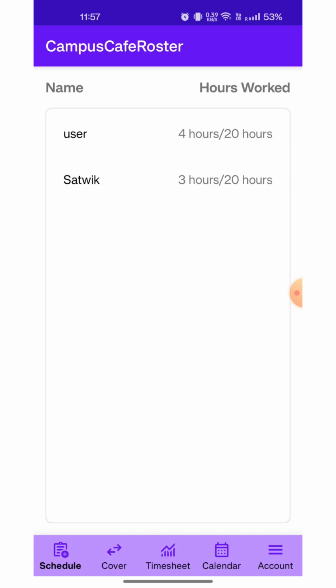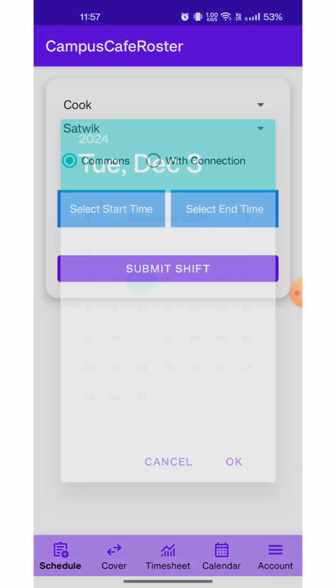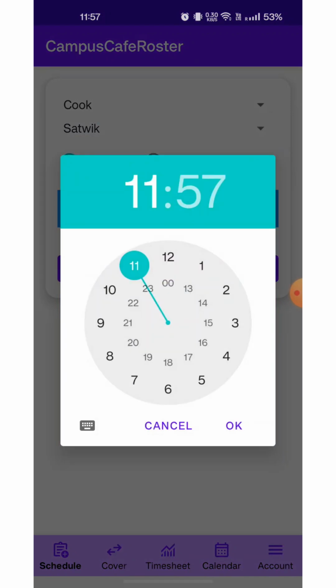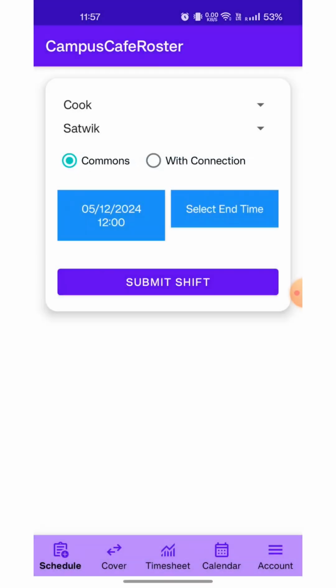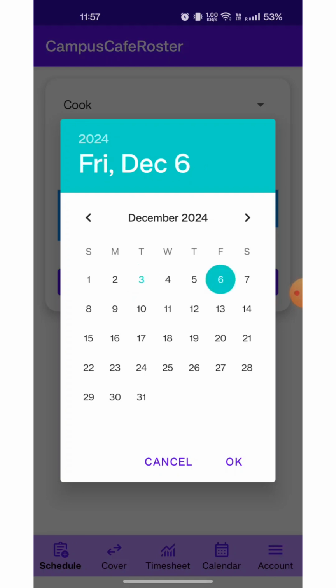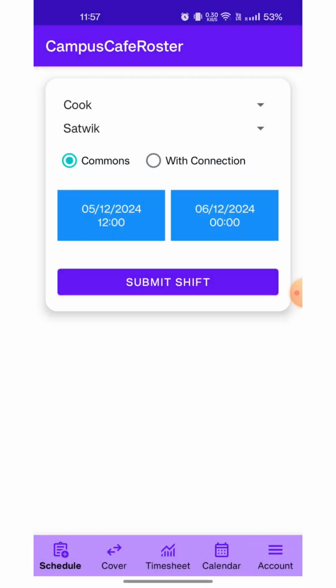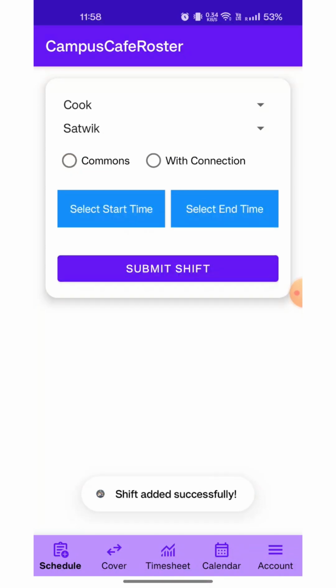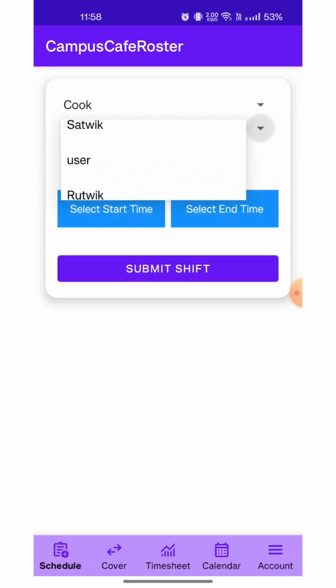Now I'll show you another test case here. Let's put out another shift for Satvik in the current week. Let's say I put out a shift on December 5th from 12 p.m. to December 6th 12 a.m. So it's basically a 12-hour shift, and the total work time for this week would be 15 hours for Satvik. Now I'll put out another shift for Rutvik